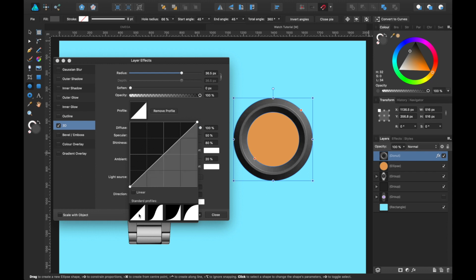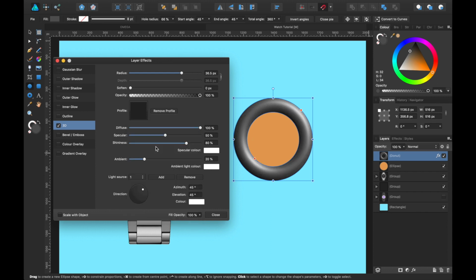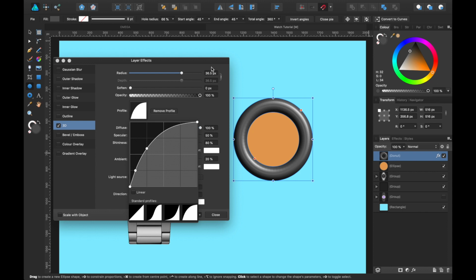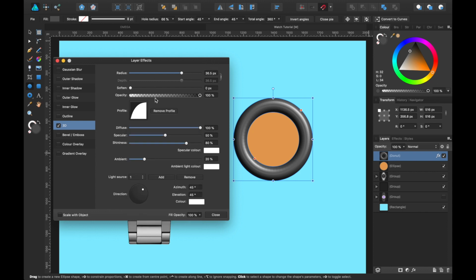and it gives you these options. So if I click this, you can see it's a bit more like a pyramid. These ones, you can kind of tell how it works, but as this is a rounded metal piece, I'm going to select this because it's more rounded. Also note you can play around with this to make any kind of shape you'd like, but we're going to keep it rounded. There we go, click on that, it's rounded. And we've got some other options here. I'll play with it and you can see what it's doing.